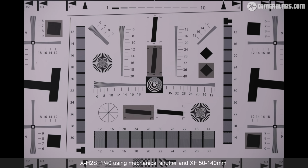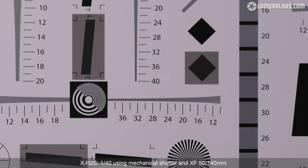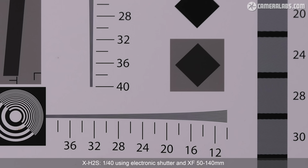Before moving on, I wanted to briefly mention an issue that I came across when testing my own X-H2S sample with the mechanical shutter. When shooting my resolution chart from a tripod with IBIS disabled at shutter speeds of around a 40th of a second, I noticed some motion blur when it was greatly magnified, and that suggests some degree of shutter shock taking place. Now, this could be eliminated by using faster or indeed slower shutter speeds in my tests, or by switching to the electronic shutter, or interestingly by enabling IBIS, which you wouldn't normally do when you've got a camera mounted on a tripod. Now, I've reported this to Fujifilm and will investigate further myself, but I just wanted to make